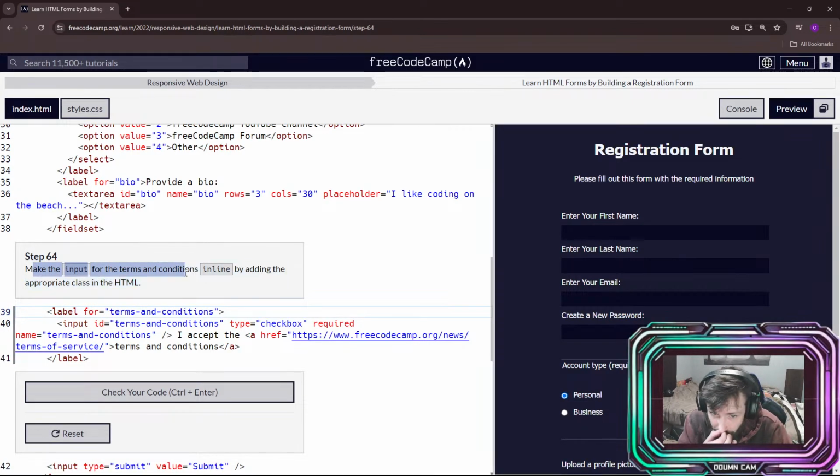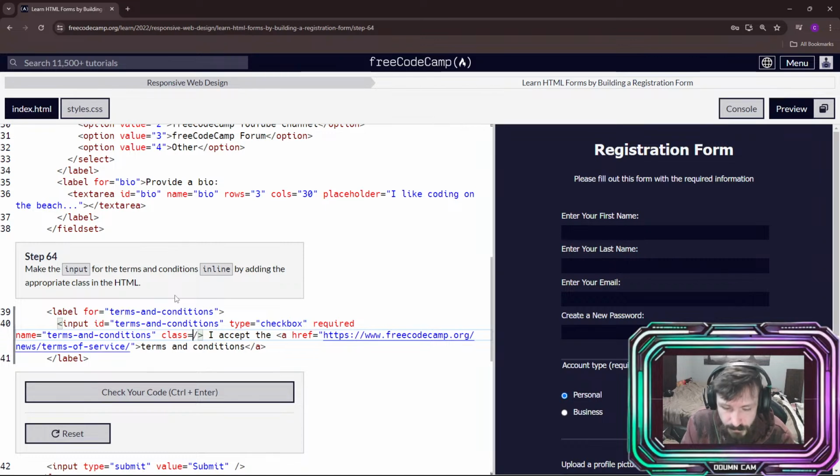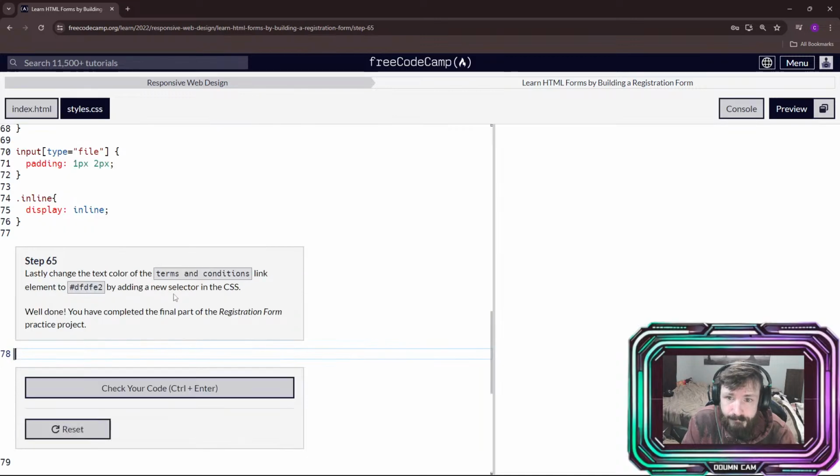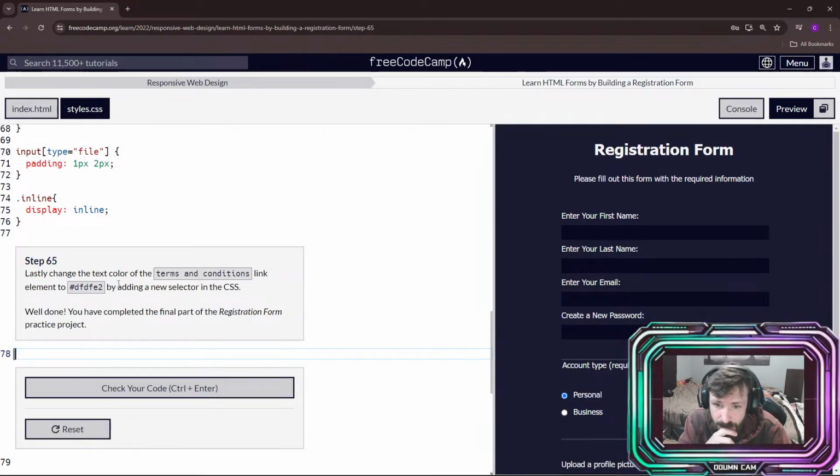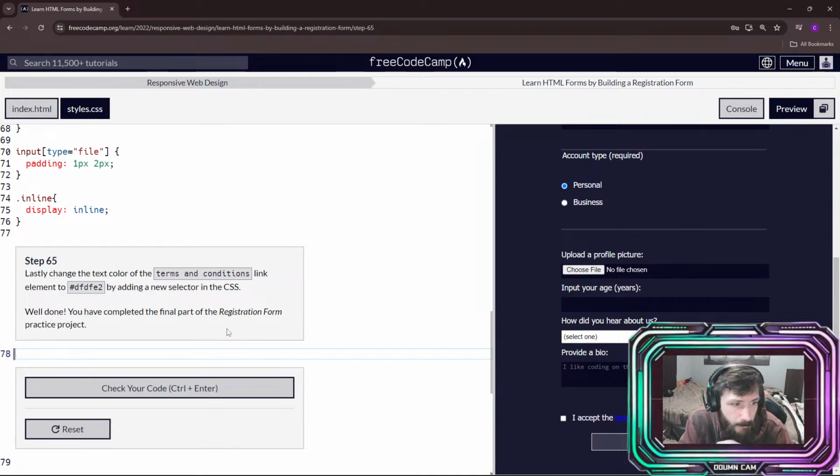Make the input for the terms and conditions inline by adding the appropriate class in the HTML. Lastly, change the text color of the terms and conditions link element to